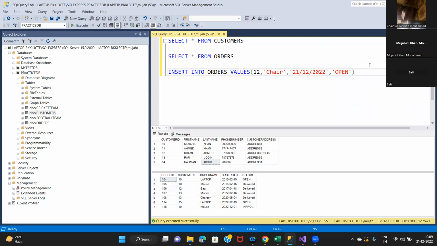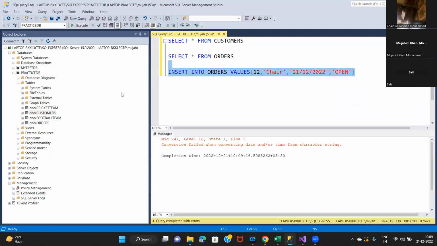And when we executed this, it was giving some error. You see, here it actually stopped. I'm entering the date column here, and the error is saying that conversion failed when converting date time from character string. So if you see this orders design,